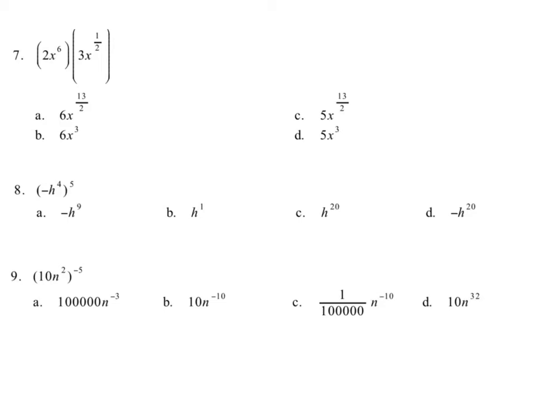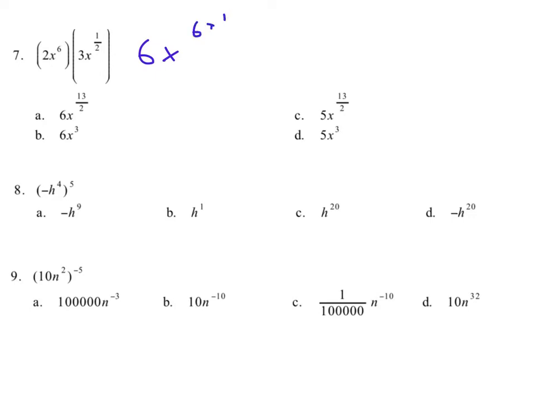Okay, what are we looking at here? What we're looking at here is two numbers being multiplied together that have the same base and have some coefficients. So what do we do? We multiply the coefficients. 2 times 3 is 6. And then we take the base and we say we're multiplying these together, so we're going to add the exponents together. So what we've got is 6x to the, I'm sorry, 6x to the